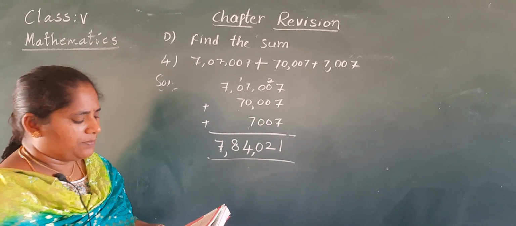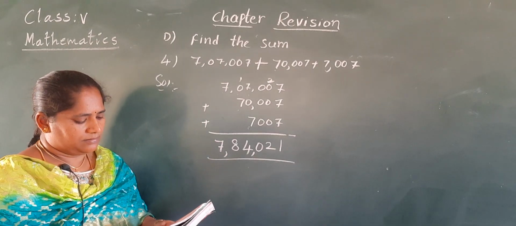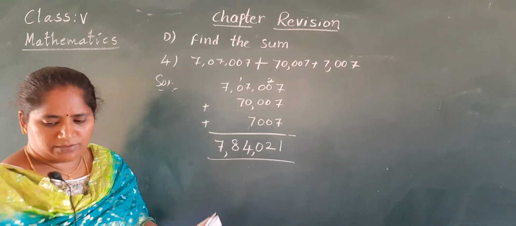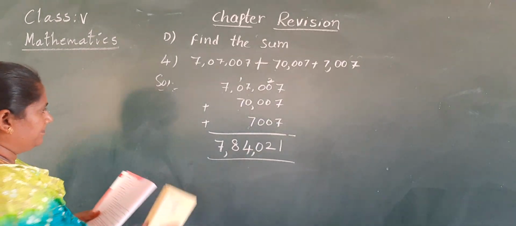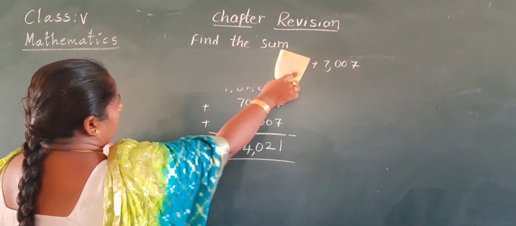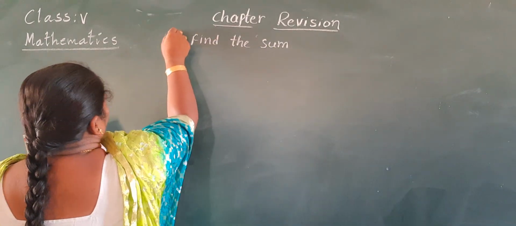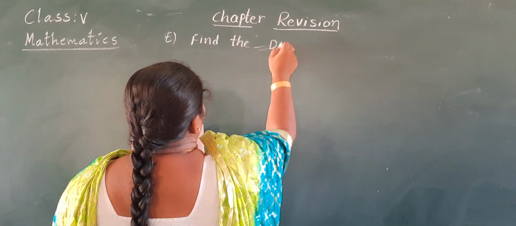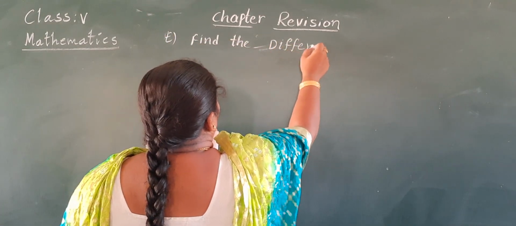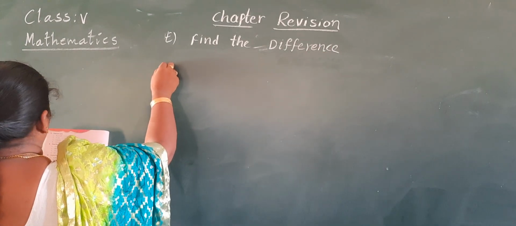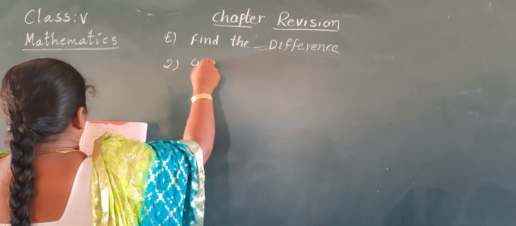So you do the first problem as homework. The fourth problem as homework. Find the difference. Write down E Roman. Find the difference. So the first one in Roman you do as homework. Second one,